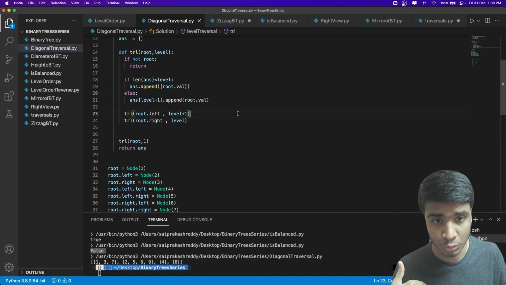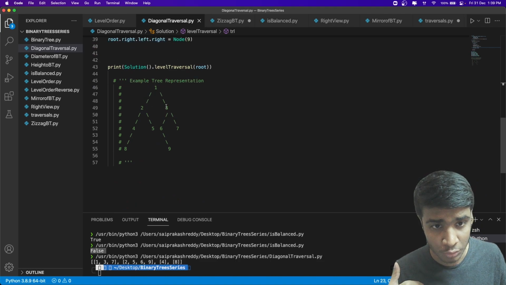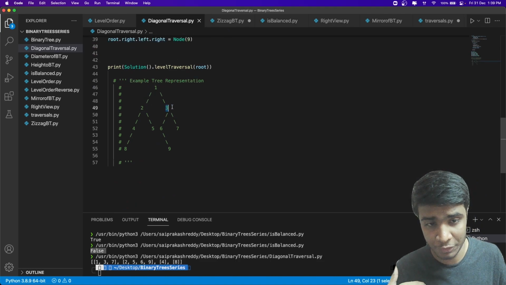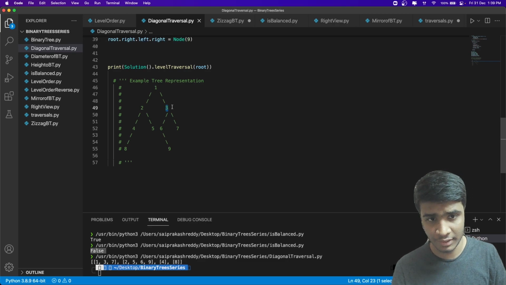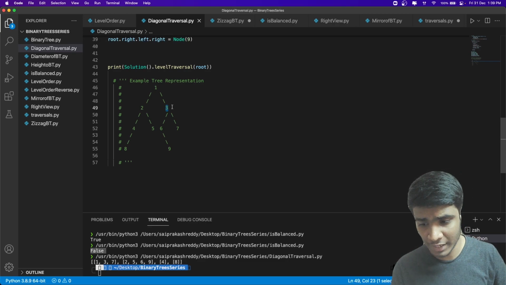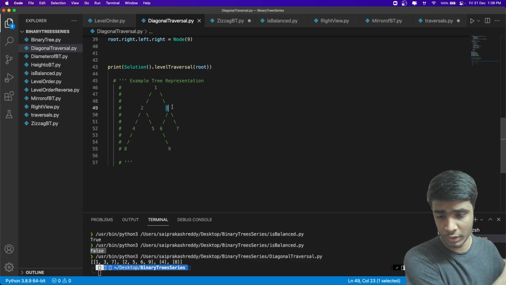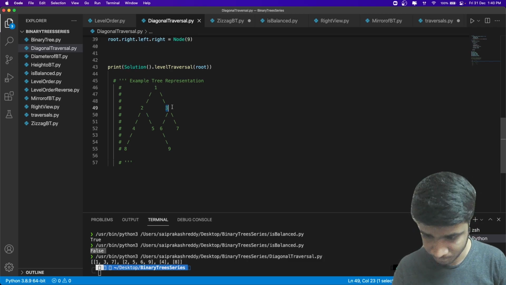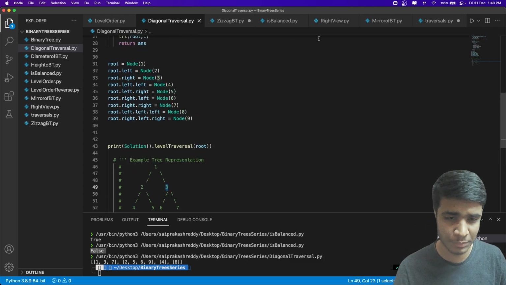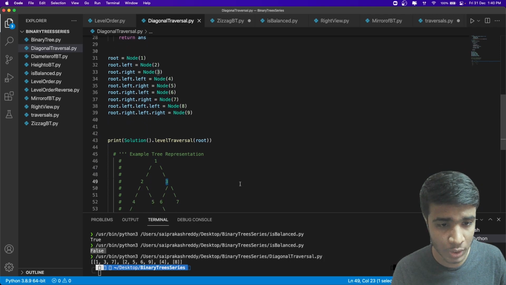So as I said, I'm at three. Three has two children, 6 and 7, and three is at level one in the diagonal traversal. So 7 will also come into level one, and 6 comes into level two, that is level plus one. That's a simple observation, and that's how you can solve this.